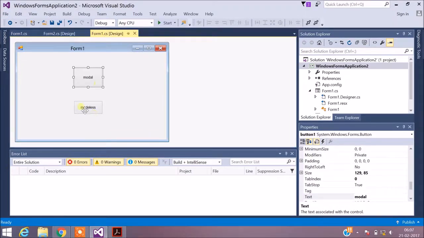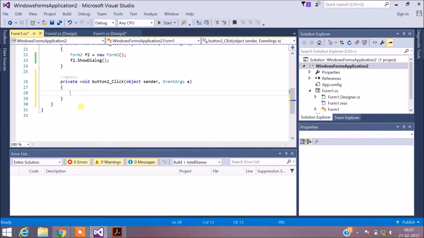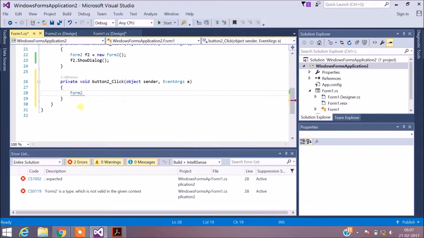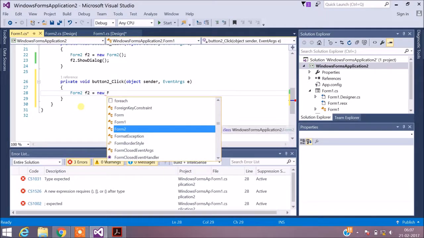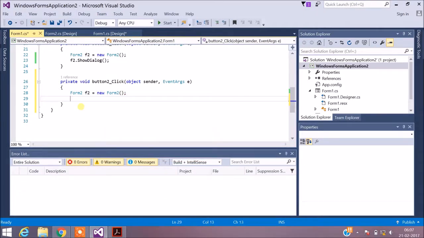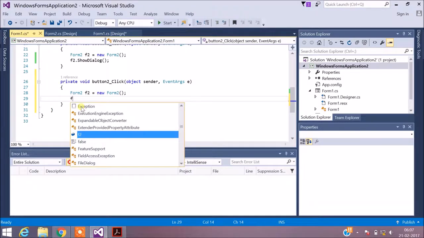In a similar manner, once I click modeless, I will be taken to the coding part. Here again, I should create an object for Form2. And in case of modeless, I have to use the function Show.